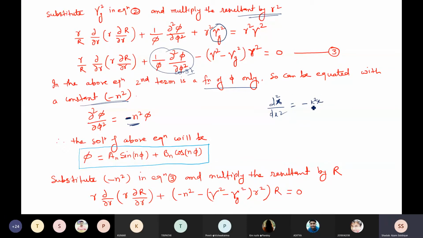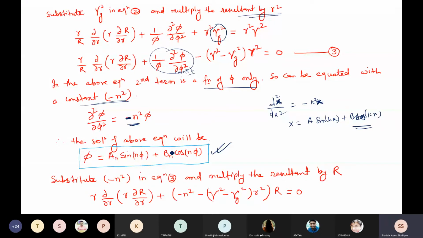So if you have this type of solution, the solution of x will be written in terms of this one. The solution of x will be written simply as a sin kx plus b cos kx. So that is the solution which we have, and we just found out the solution comes out to be phi; the solution will be this one.